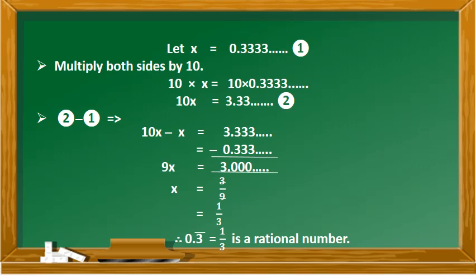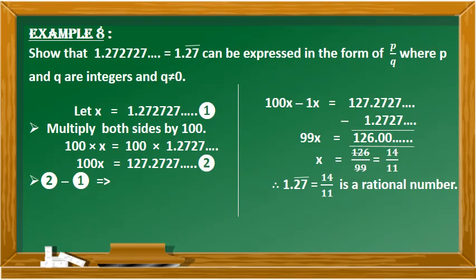Now 9x is equal to 3. So x is equal to 3 by 9, which is equal to 1 by 3. Therefore 0.3 bar is equal to 1 by 3, a rational number. Example 8. Show that